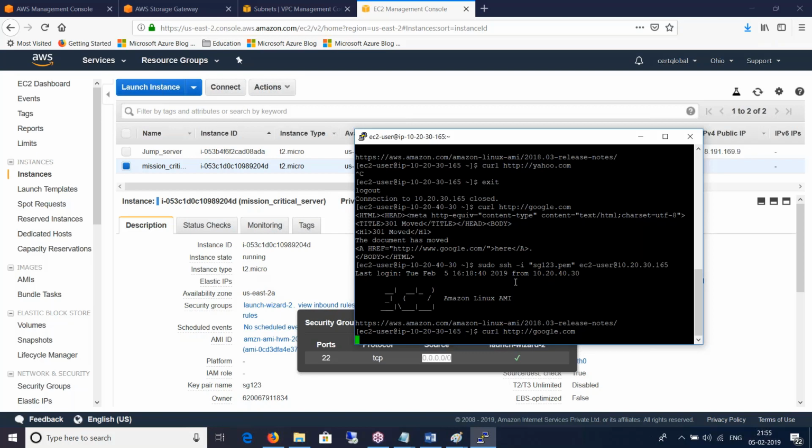The internet gateway is the first entry point for the VPC. The NAT gateway is only for the instances in the private subnet, the machines that have private IP addresses only. The internet gateway is required for all the resources that you have in the VPC, regardless of public or private.